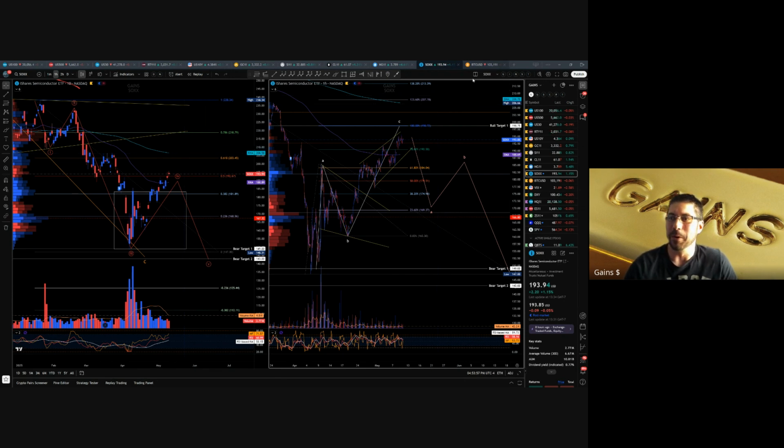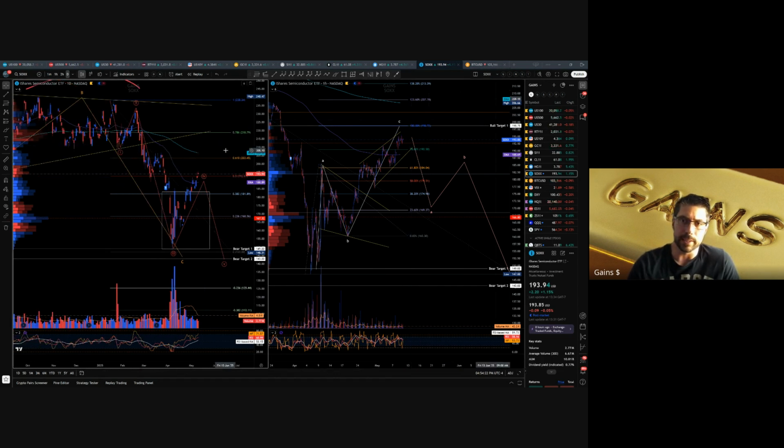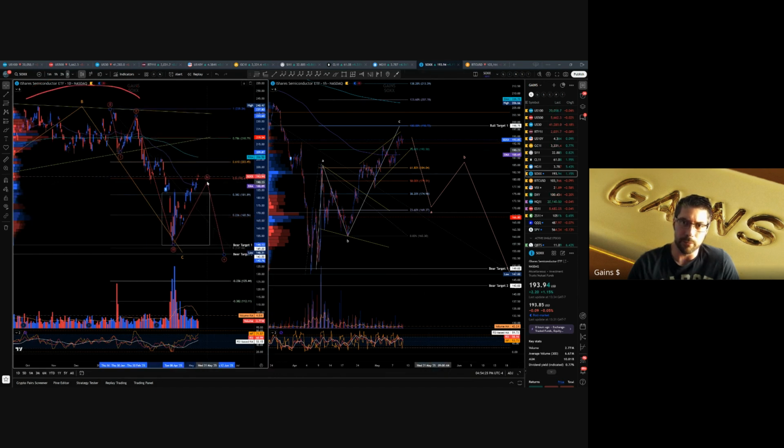I'm trying. Okay, so long story short, Stocks looks like an ending diagonal here in a C leg, and this A equals C measurement takes us to about this 200 level. Now, it's possible you could see an extension up here to maybe 203. So that's why I'm a little reluctant to say that, and I actually think it's kind of likely here. So instead of a wave 4, it might be a series of ABCs, or you see something like this.